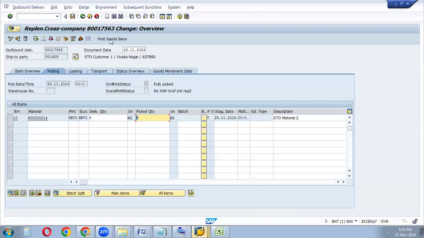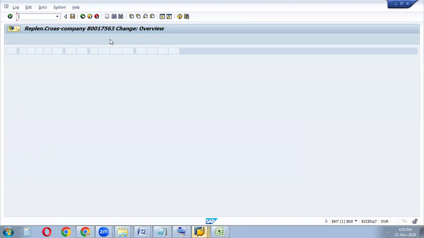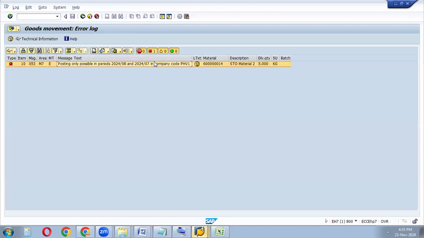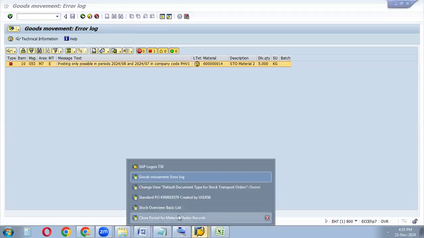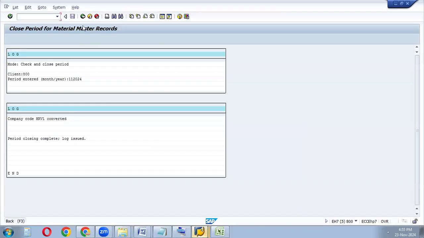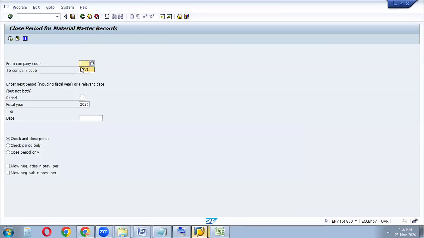Post the goods issue again. Yeah, PHV1 also is in 8 months. So now I will go to close and open the new current period for the receiving plant also. I just enter PHV1 and 9 and execute,